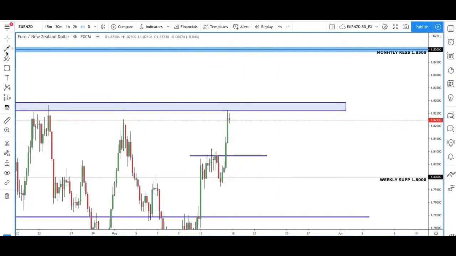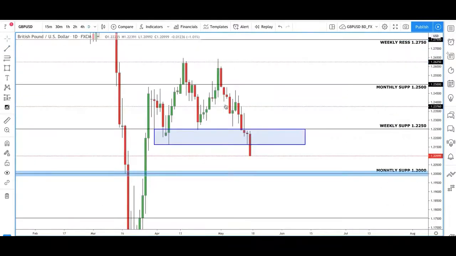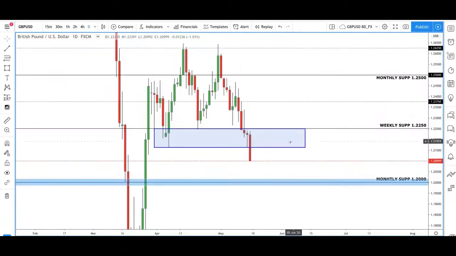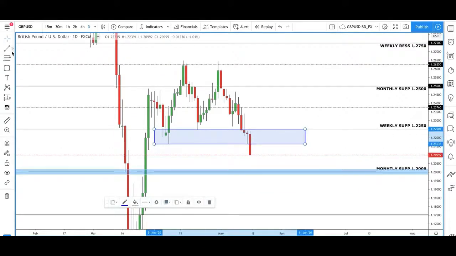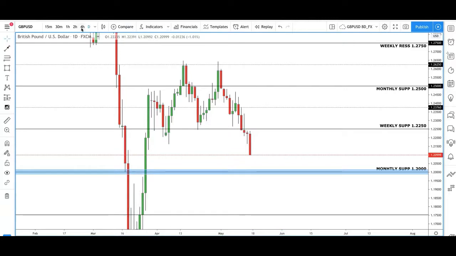So, like most pairs, as I said at the start of the week, we just see a little bit of a nudge up higher before we see that drop back down. GBP USD closed very, very bearish on Friday, as I explained on Friday's evening call, coming back down towards the level I called for a long time ago, 1.200. So I do still see some more pound weakness at the start of the week.